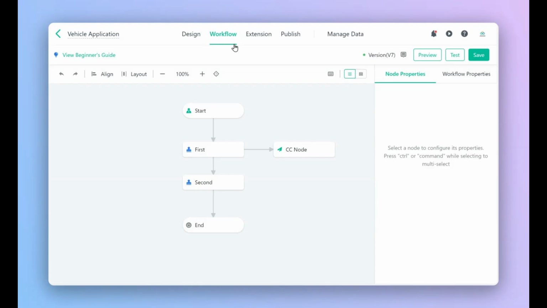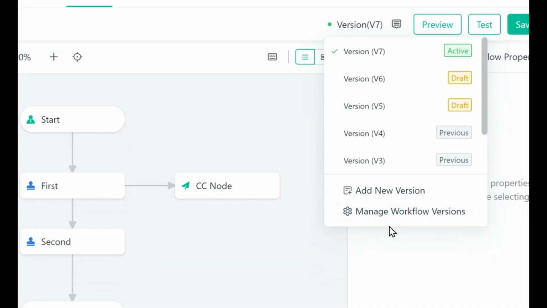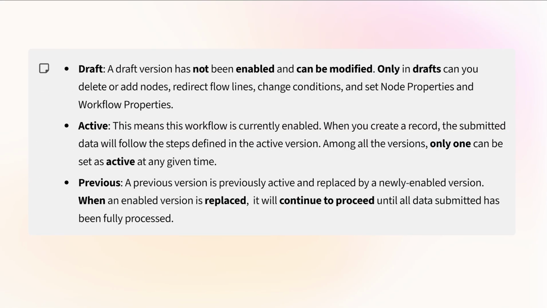Enter the workflow page of this vehicle application. Click Version here and click Manage Workflow Versions. We can see versions can be marked into three statuses: draft, active, or previous. A draft version has not been enabled and can be modified. Only in drafts can you delete or add nodes, redirect flow lines, change conditions, and set node properties and workflow